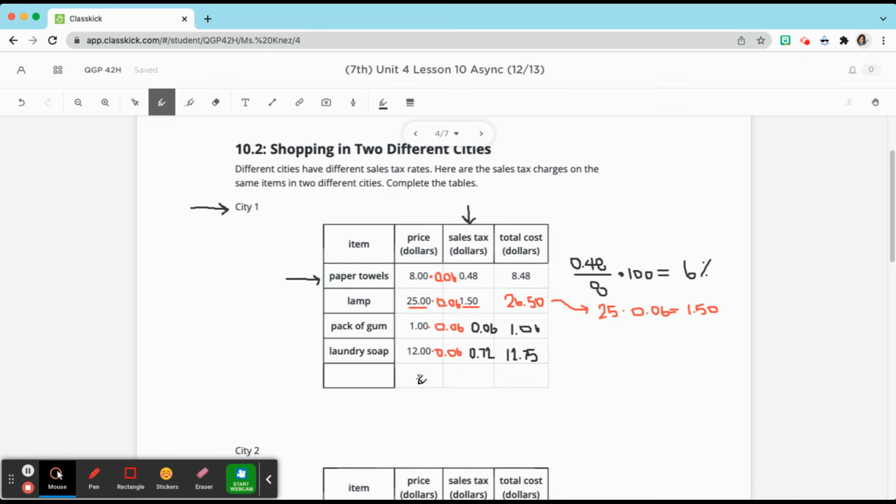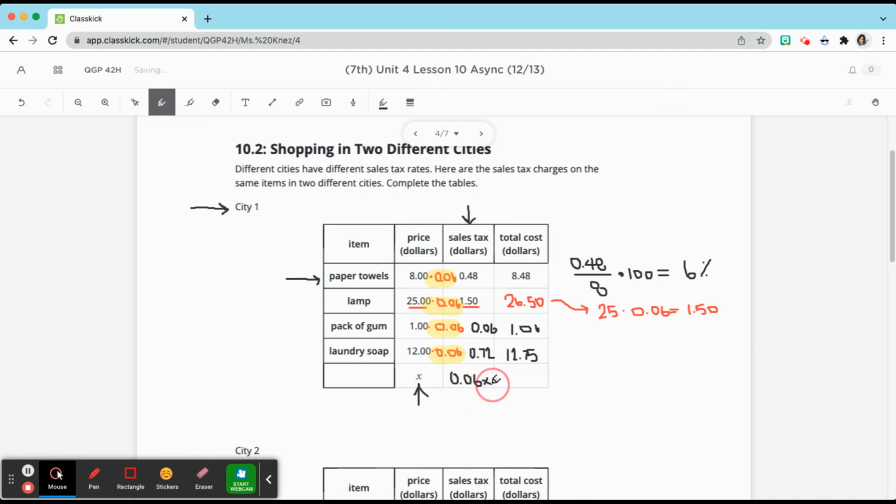Now, where it says X, we have a variable to represent any number or any price in dollars. We know that no matter what the price is in dollars, we are finding the sales tax in the same way. We're multiplying by 0.06. So I know that the sales tax in dollars will always be